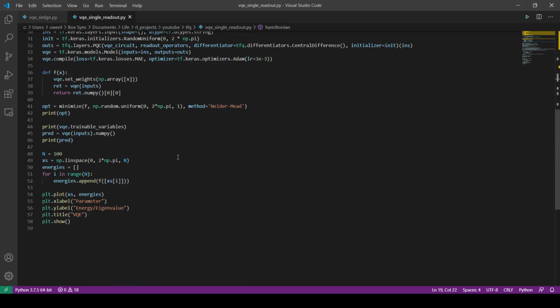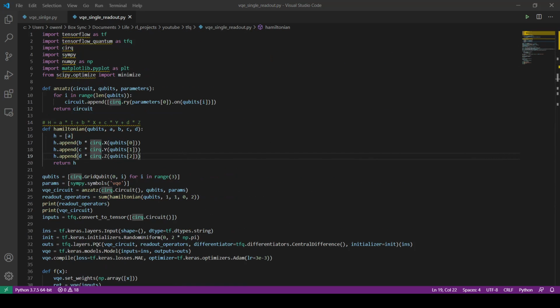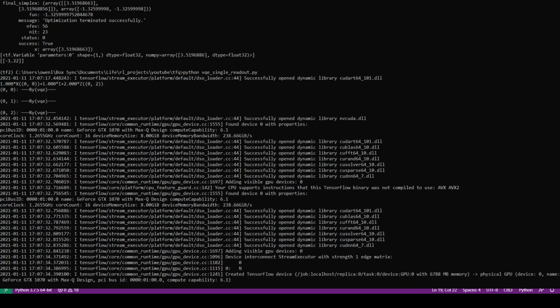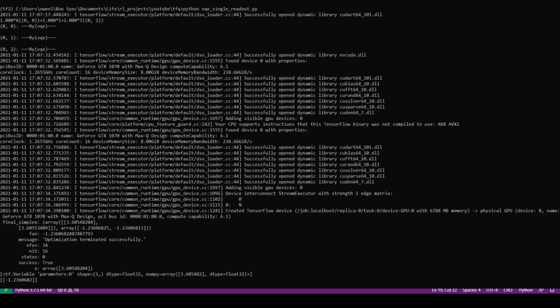Then I can optimize it, and you'll see if I run this code, it'll converge. This is the expectation value code, so it'll converge to exactly the same solution. I'm running the code right now, and it'll converge to the same solution. And so you can see it's a lot simpler circuit, and we're reading out in different bases. And so basically, this is a very fancy way to find eigenvalues of a